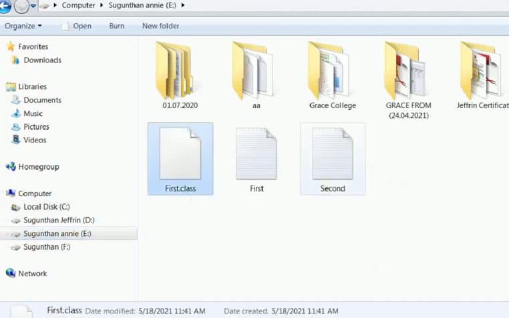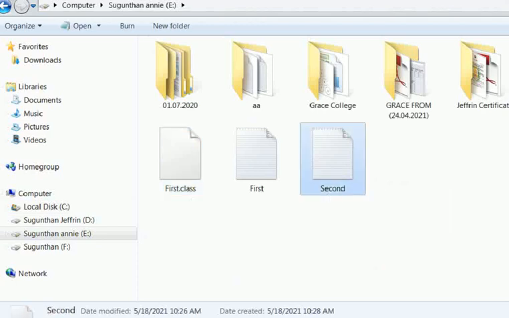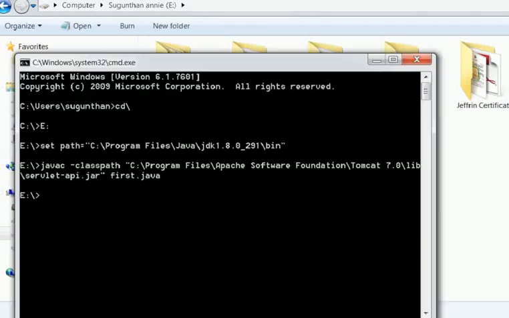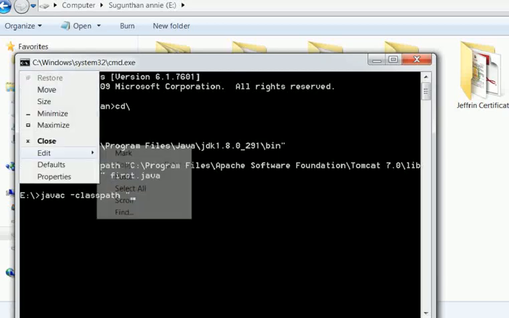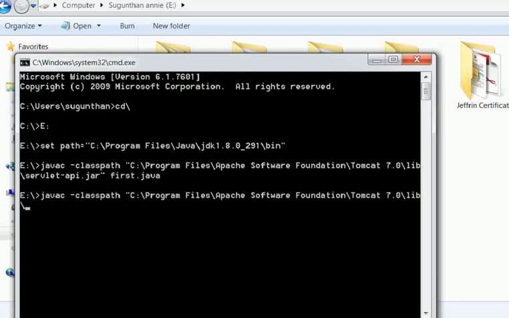Likewise, we want to create a class file for second.java. So let's execute that: javac -classpath, double quotes. Already we have copied, so we can paste, then slash servlet-api.jar.